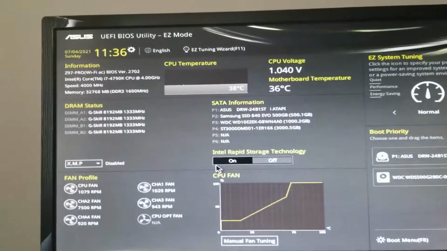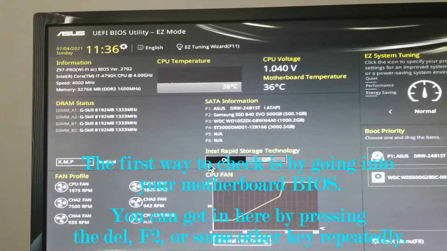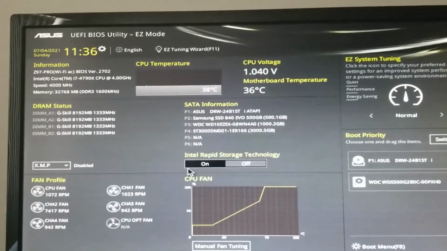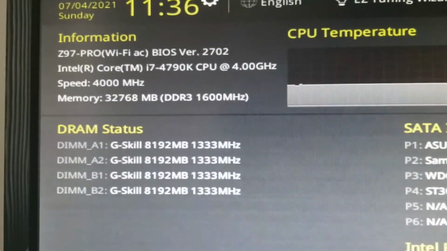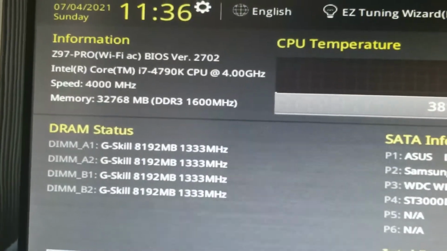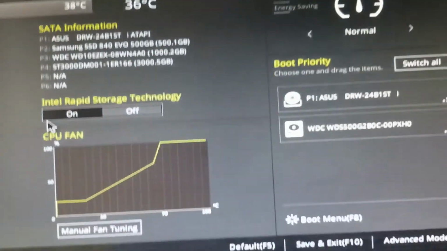Okay, now I'm in the BIOS for my Asus Z97 Pro motherboard, and I did update this to the latest BIOS, which you see right there, BIOS version 2702, and